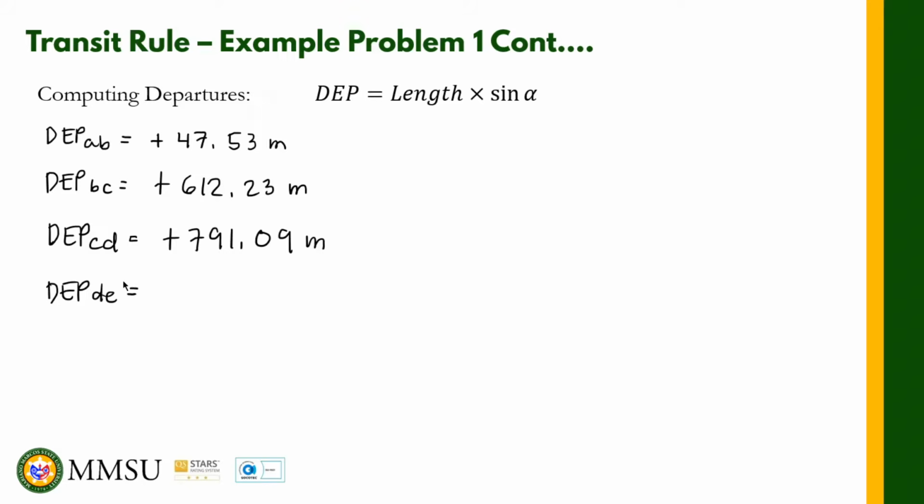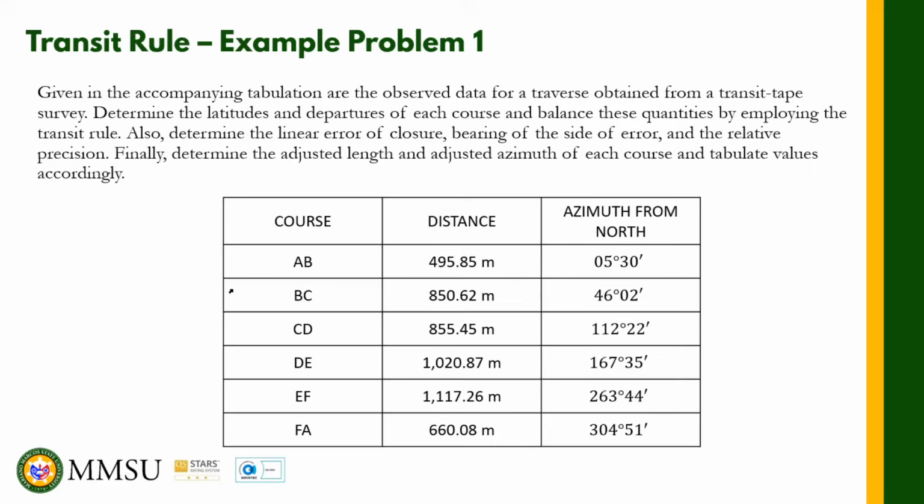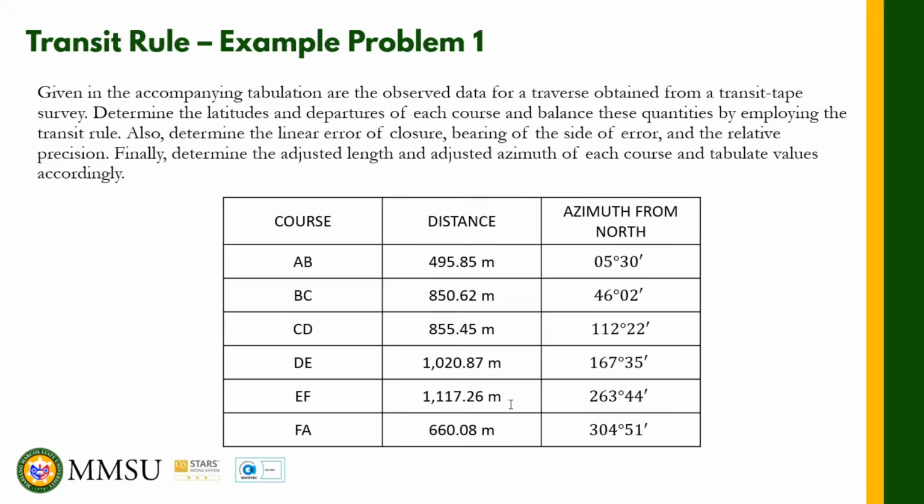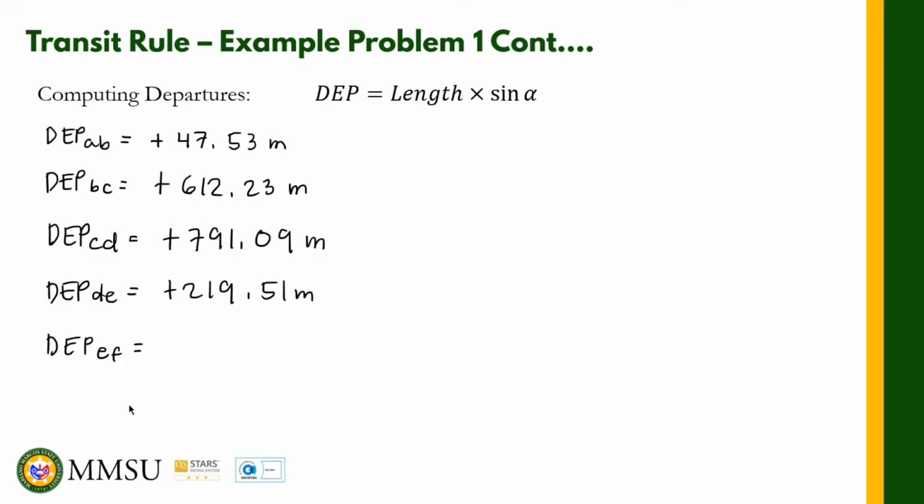All right, for the next one, we have the departure of DE. The departure of DE is equal to the length of DE, 1020.87 meters multiplied by the sine of 167 degrees 35 minutes, and we should come up with positive 219.51 meters. For the departure of EF, this is equal to the length of EF, 1117.26 meters multiplied by the sine of 263 degrees 44 minutes. The departure of EF should be equal to negative